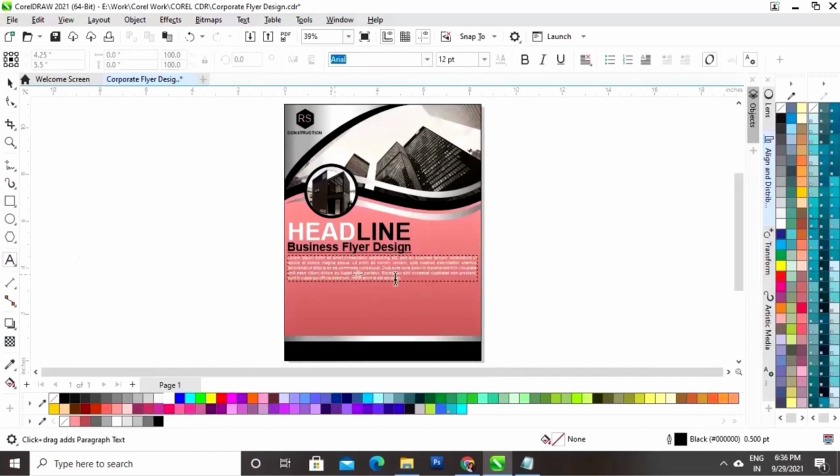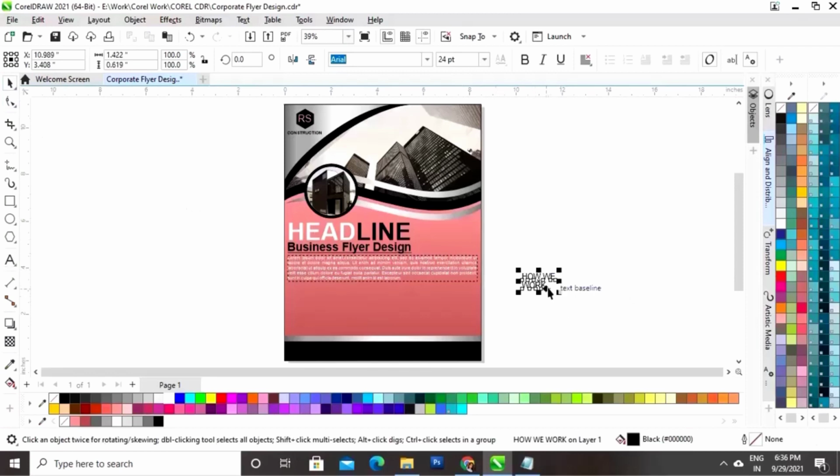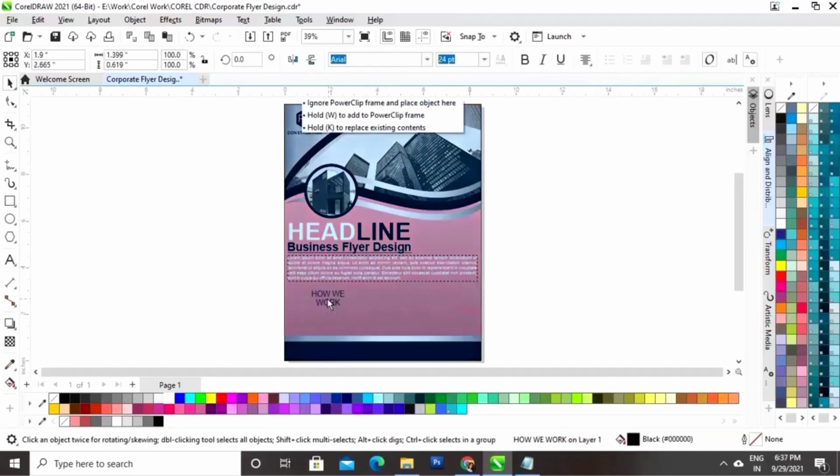Now again we will select the text tool. Now we'll select this text and we will select center. Now I'll place this text here.